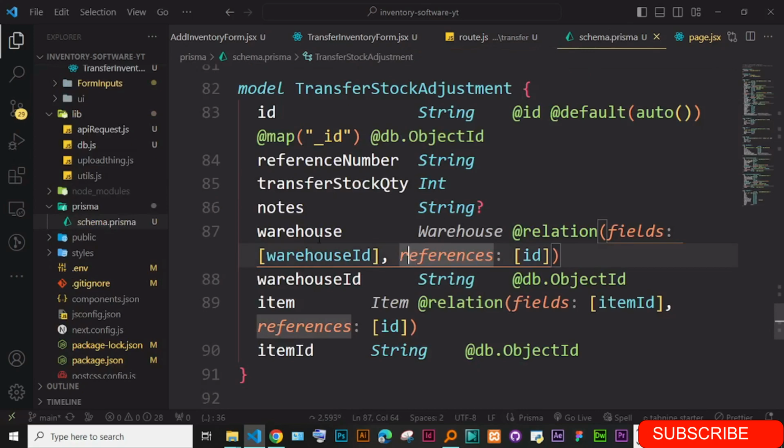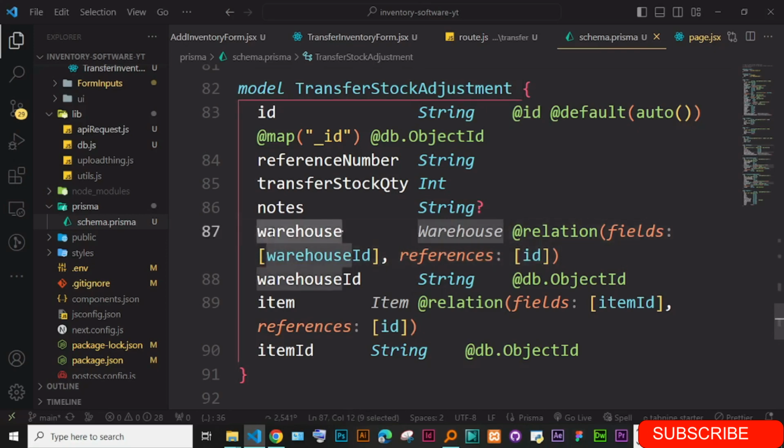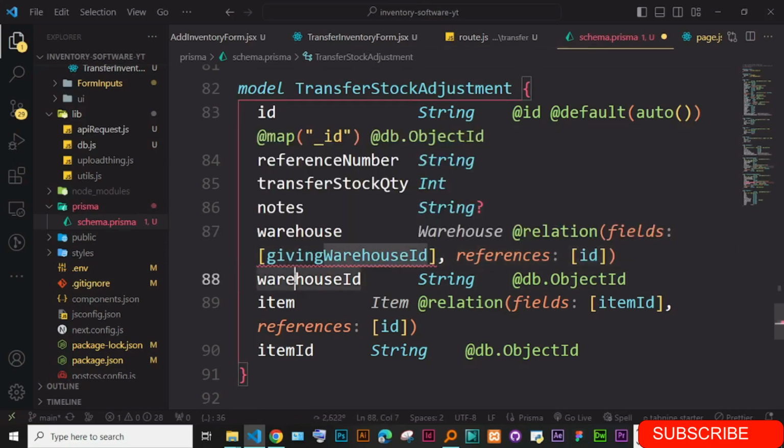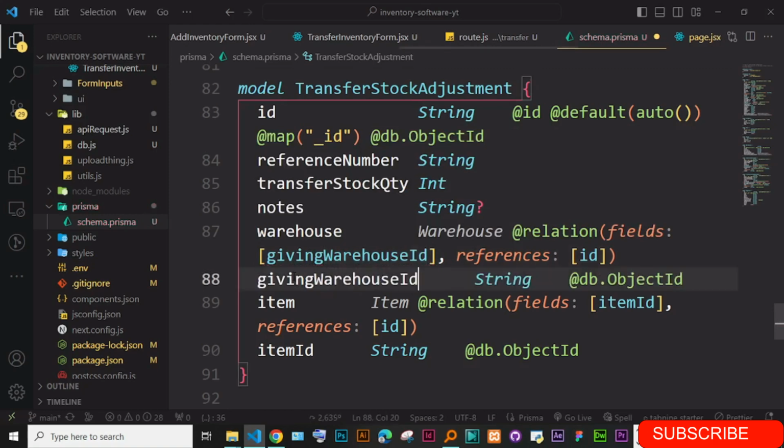The giving, they are all just actually taking the warehouse ID. So just say here warehouse. So the relationship is the warehouse, but this we can have giving just like this,